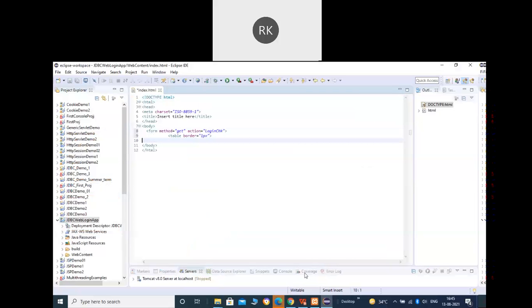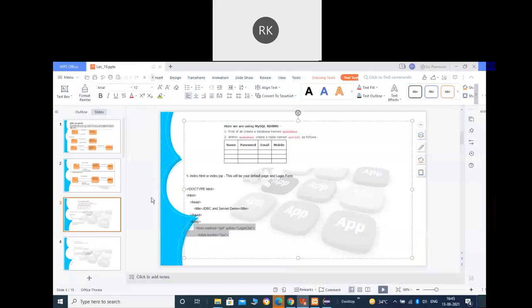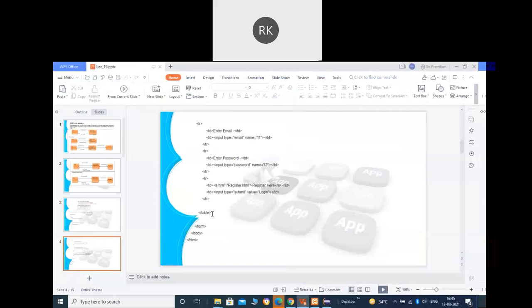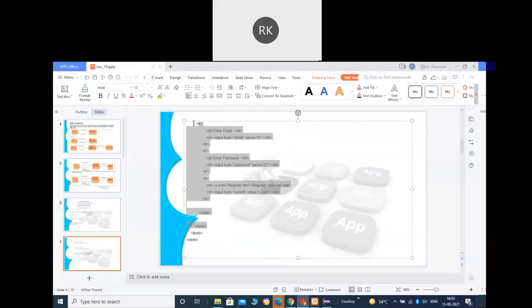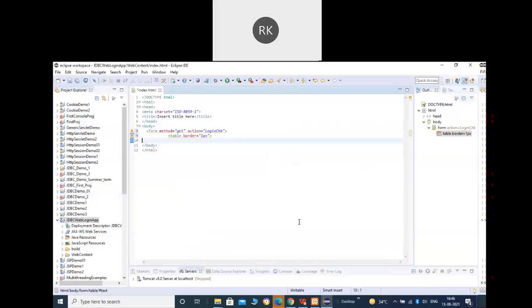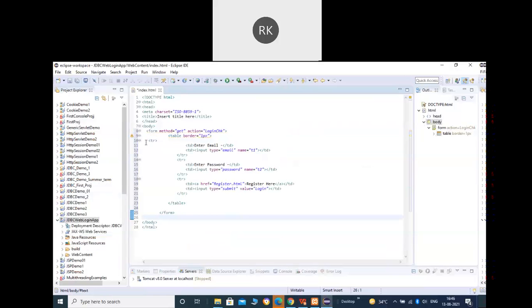Okay, so here is your project. First of all, create your default page. That is going to be the index.html here, or JSP. Let's create an HTML page. The name will be index.html. Here, finish it. And here define a form that will be asking for the username and password. So let me copy this from here. It is going to be a basic form here.